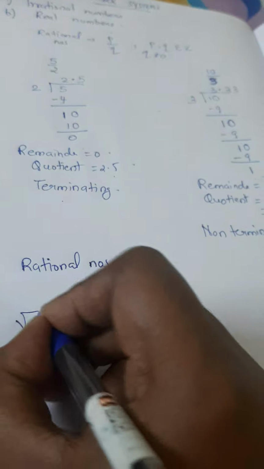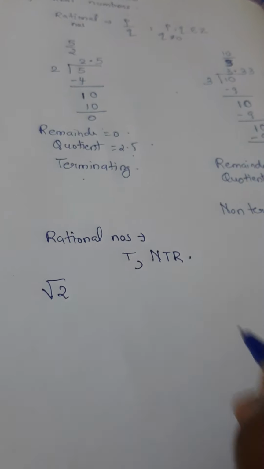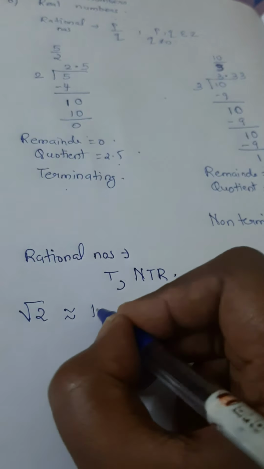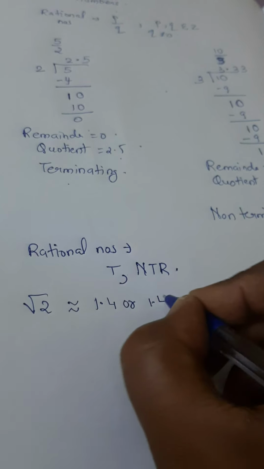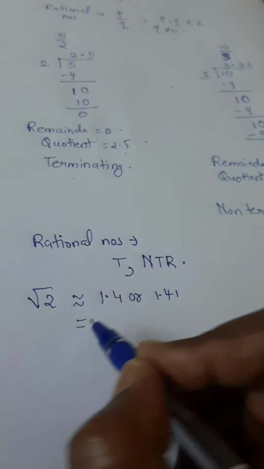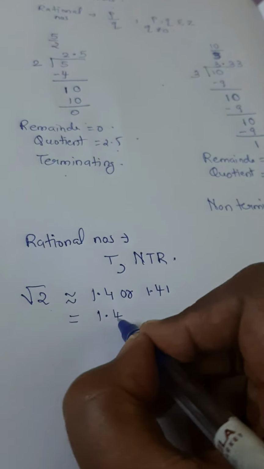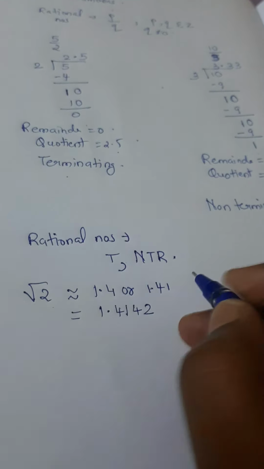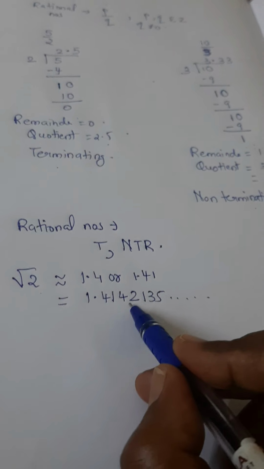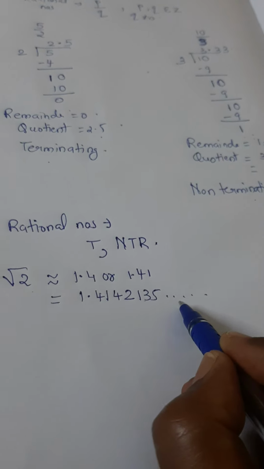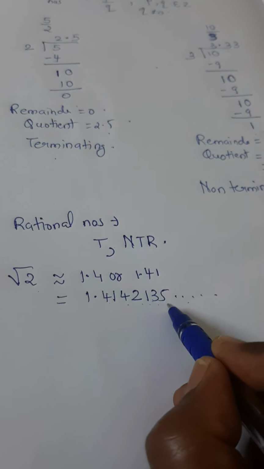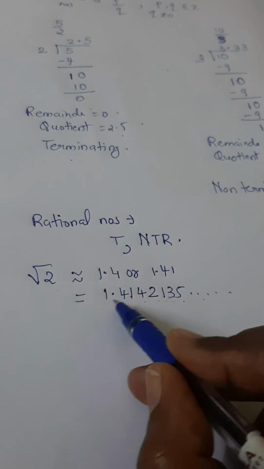For example, square root of 2. For calculation purposes, we approximate the value of square root of 2 as 1.4 or 1.41. But actually, if you see, square root of 2 is equal to 1.4142135 something something. That means the decimal part never terminates, nor do you have a digit or block of digits that repeats itself. So these types of numbers are known as